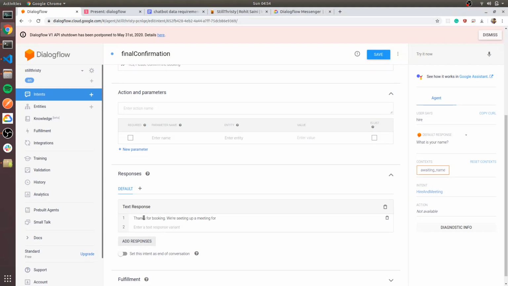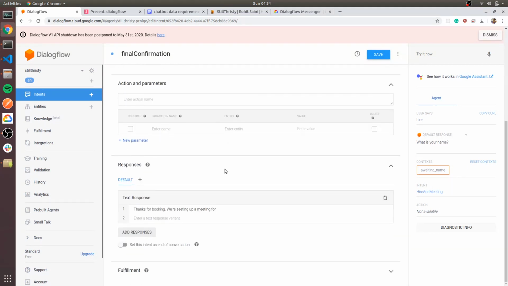We can take the name from the previous context. So our previous contexts were awaiting name.name and awaiting email.email.